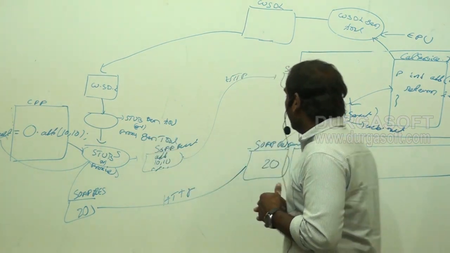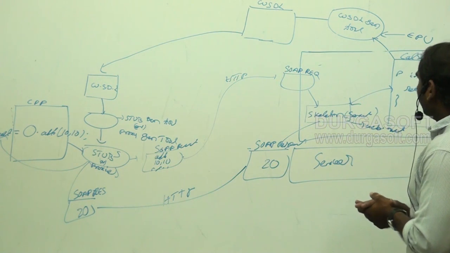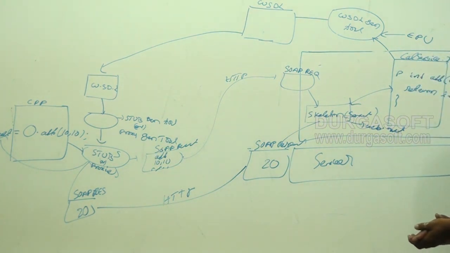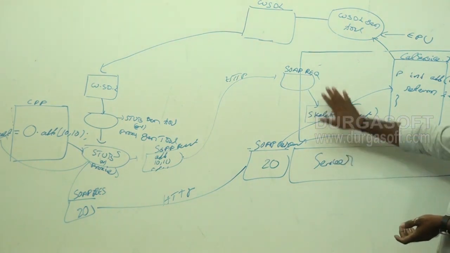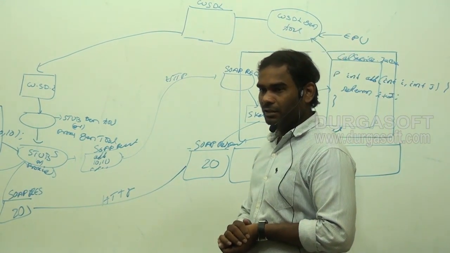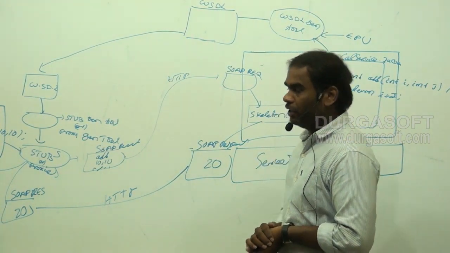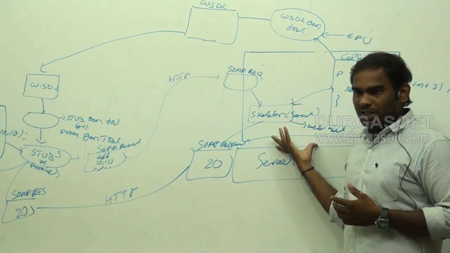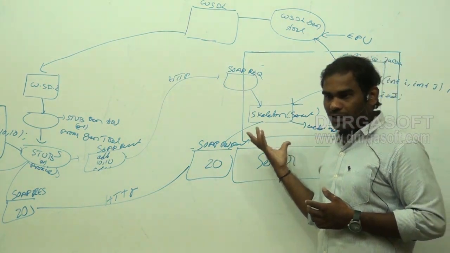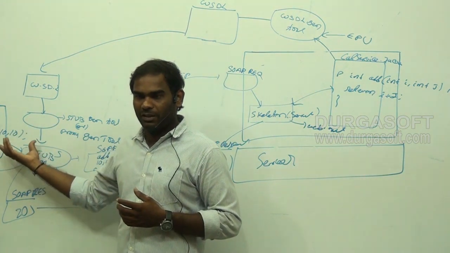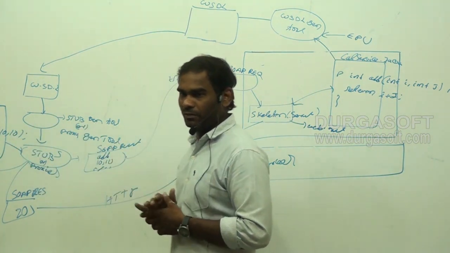Okay, fine. So now, very quick question. What are the predefined classes we have at the service side? Tell me. Skeleton and the WSDL generation tool. What are the predefined classes at the client side? Stub generation tool here. Okay. So without these 2 classes, we cannot develop the web services. Am I right or not? Client is also the same. Without these classes, client cannot develop the client application here. Cannot invoke the web services here.